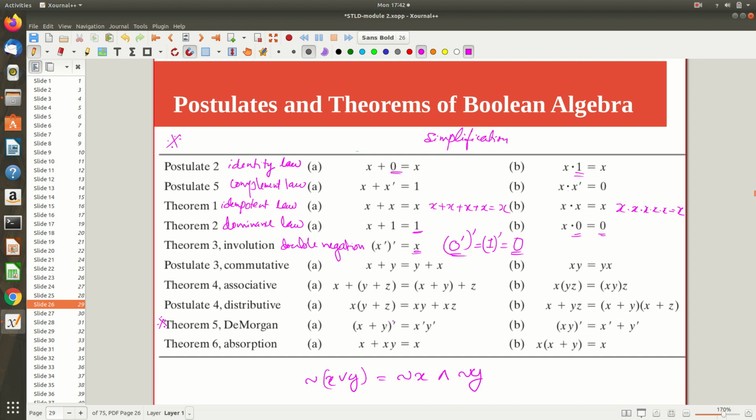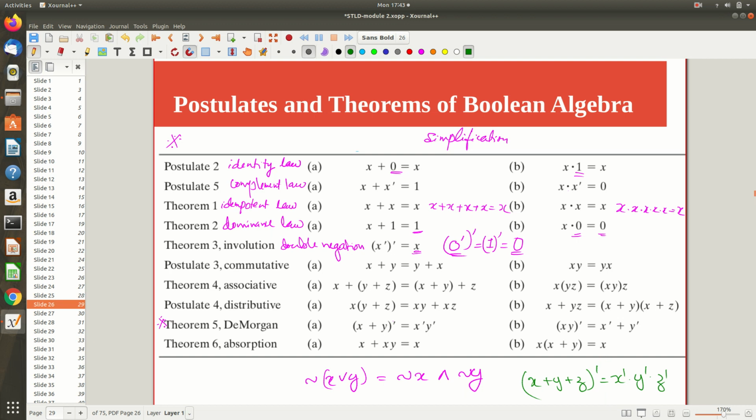When I am doing x plus y, the whole complement, this plus becomes dot. Right in between, and if nothing is written, that means the dot is sitting in between. The individual terms get complemented, typically we call them literals, we will see that later. So each and every individual variable or literal gets complemented, and this plus becomes dot. You can generalize it this way also. Suppose I have three variables, x plus y plus z, the complement will be equal to x complement dot y complement dot z complement. Maybe we will see its proof later, and then we can understand.